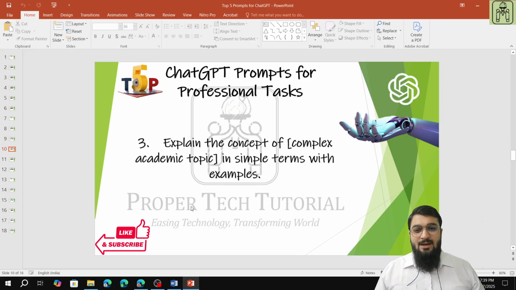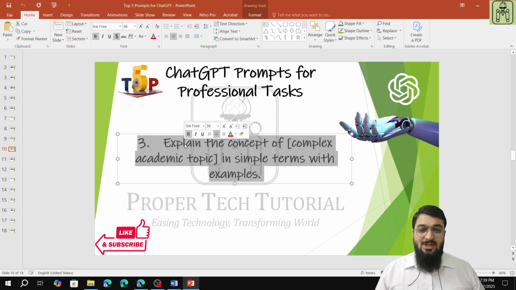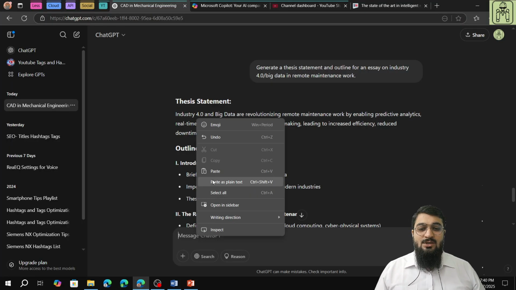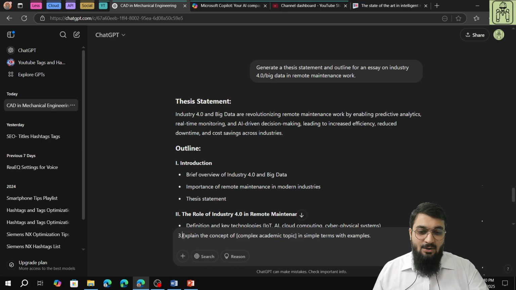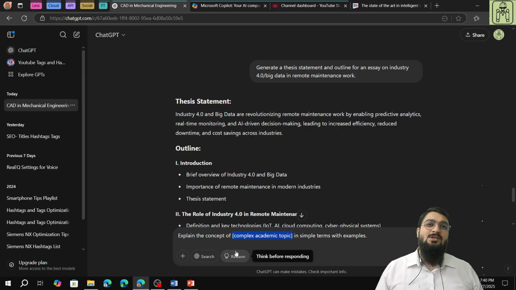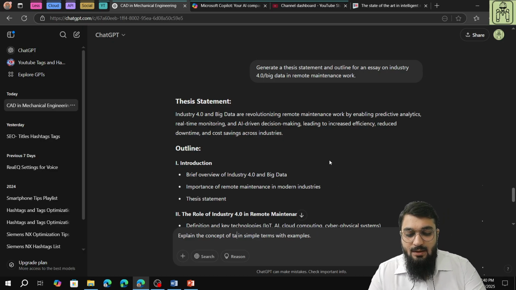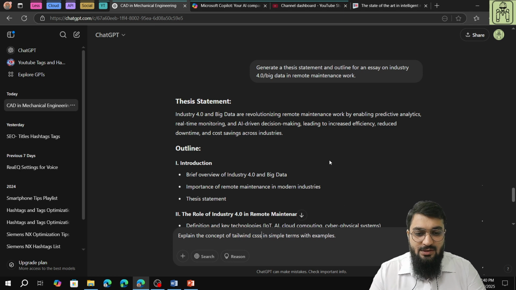Next is the third type of prompt, that is: explain the concept of a complex academic topic in the simplest terms possible. So here what we will do, we'll just paste as plain text and write a topic. So let's say we are trying to learn about a topic that is very difficult to use. Let's say what should we use? Okay, explain the concept of Tailwind CSS in a responsive